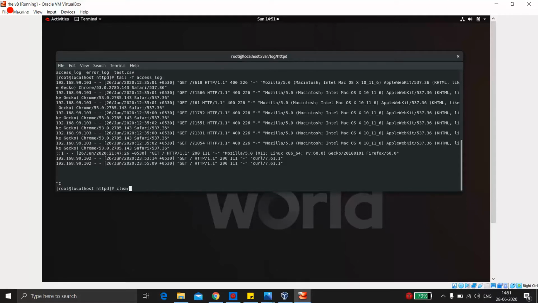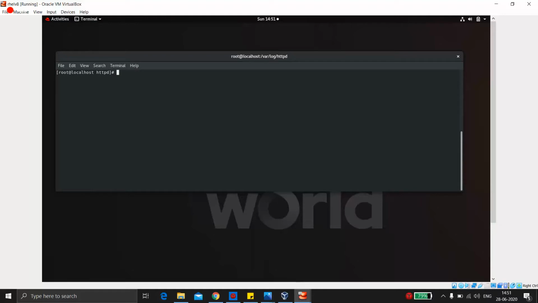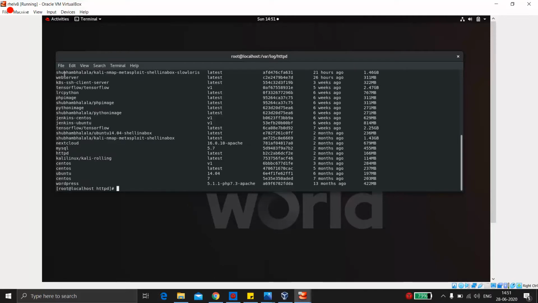Let's first set up our web server so that we can perform an attack on it. For that we'll be using Docker. I have already made an image. My image name is web server, which already has Apache, or you can say HTTPD, installed, and my website code is residing in /var/www/html.